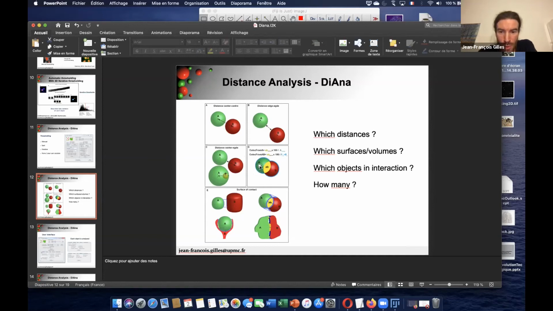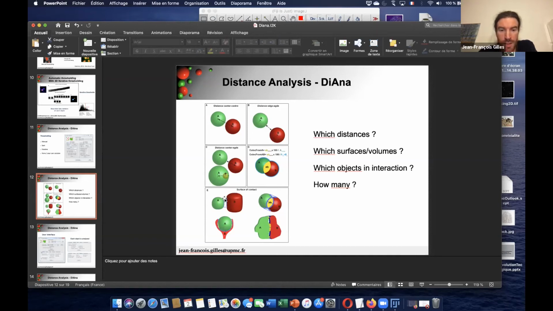We perform a ratio between the volumes of the objects. So the three possibilities: the overlapping from B on the volume of A, the volume of A on the volume of B, and the volume of just AB on the full size of both. And finally, we can have surface contact.